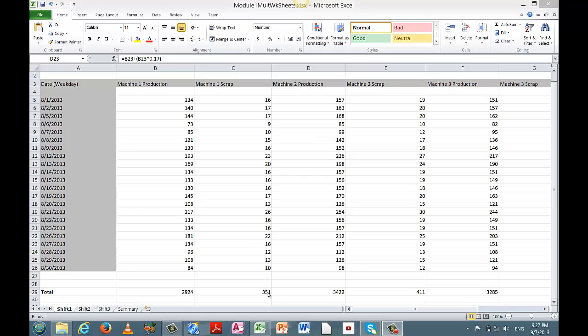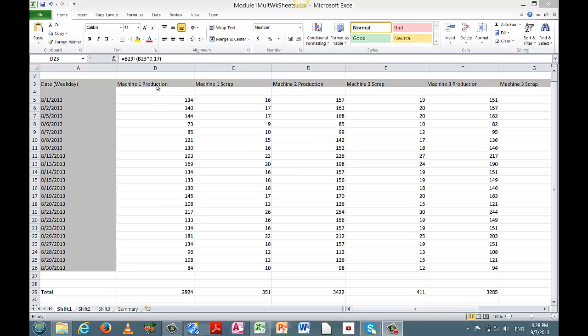So what I'm interested in doing here first off is comparing the amount of scrap and the amount of good output. And so I want to see how much scrap contributed to all of the output. All of the output would be this value added to this value. What percentage does this value represent in terms of all the output that was produced? So how am I going to do that? Well, I need to create some